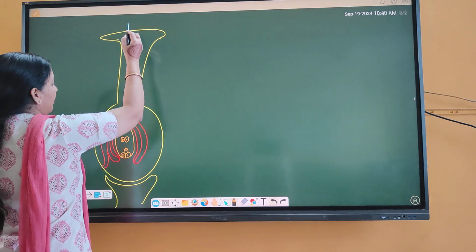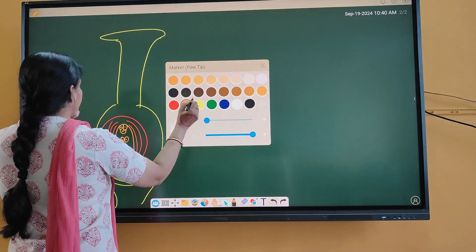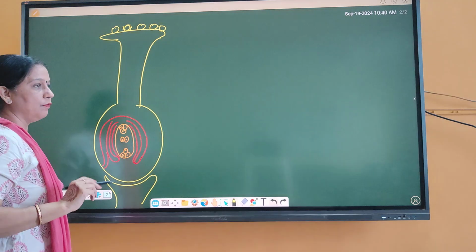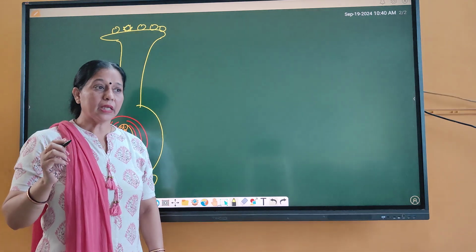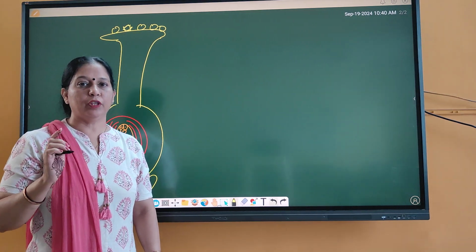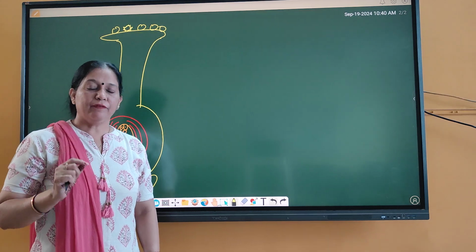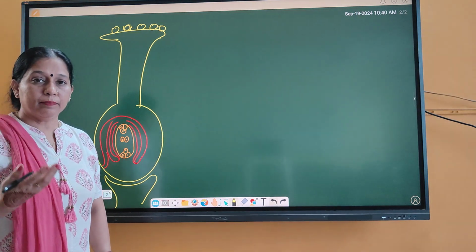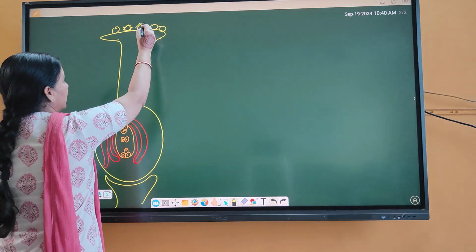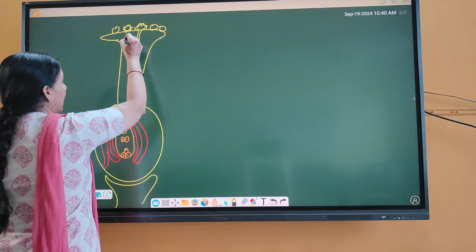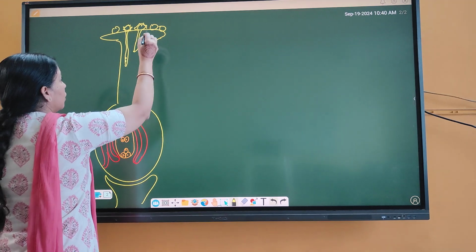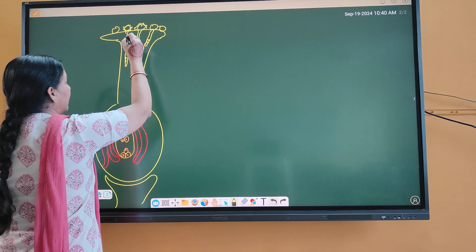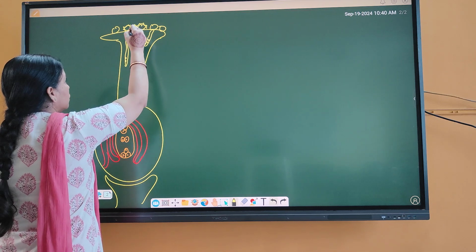This embryo sac consists of 8 cells, right? And then pollen grains fall here on the stigma. When pollen grains fall on the stigma, first of all it recognizes whether the pollen grain is of the right type. Right type means the pollen grain is compatible, or of the same species. Then it will be followed by germination of the pollen grain on the stigma, and it will form a pollen tube. Many pollen grains germinate on the stigma, but out of these only one is able to reach the